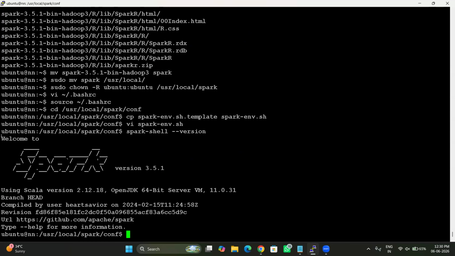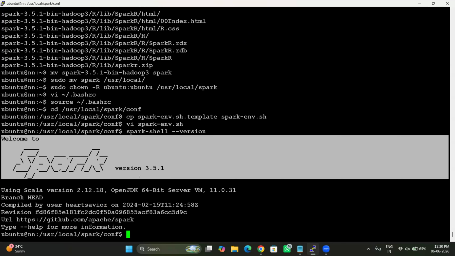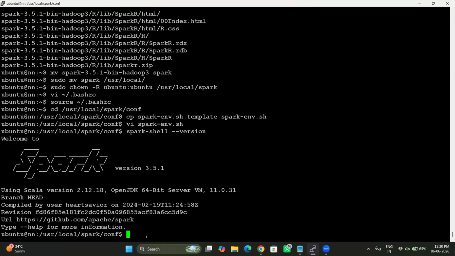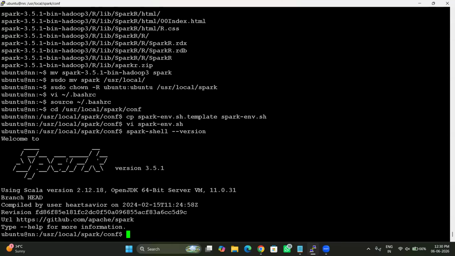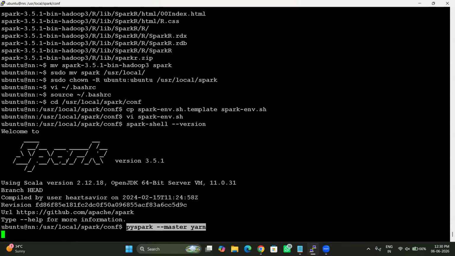Okay, excellent. This is how Spark looks like, if you're seeing it for the first time. Master yarn means, since it's a single node, that PySpark or Spark, the execution engine, is yarn. Never underestimate. Next,